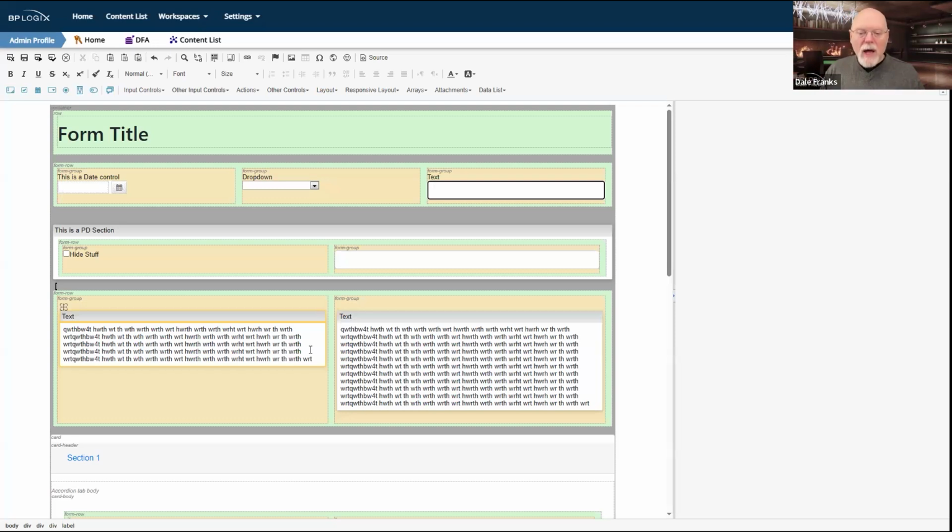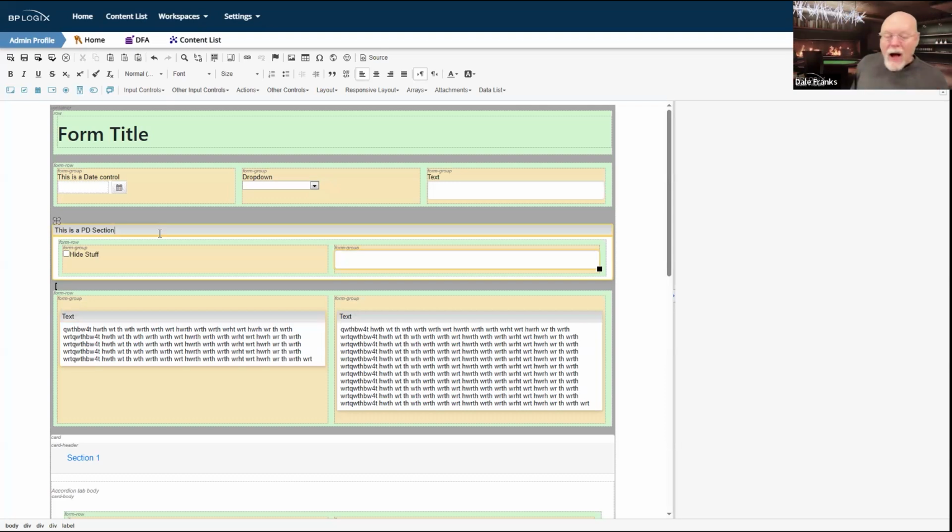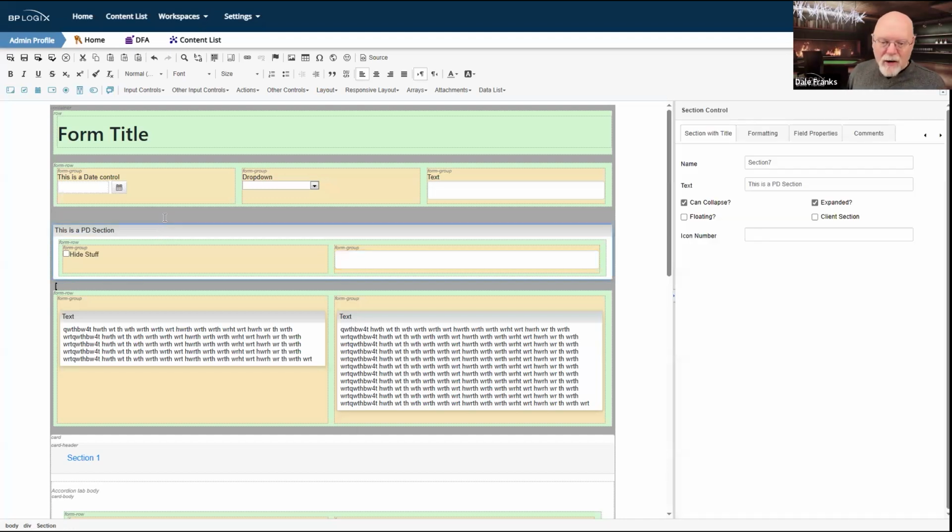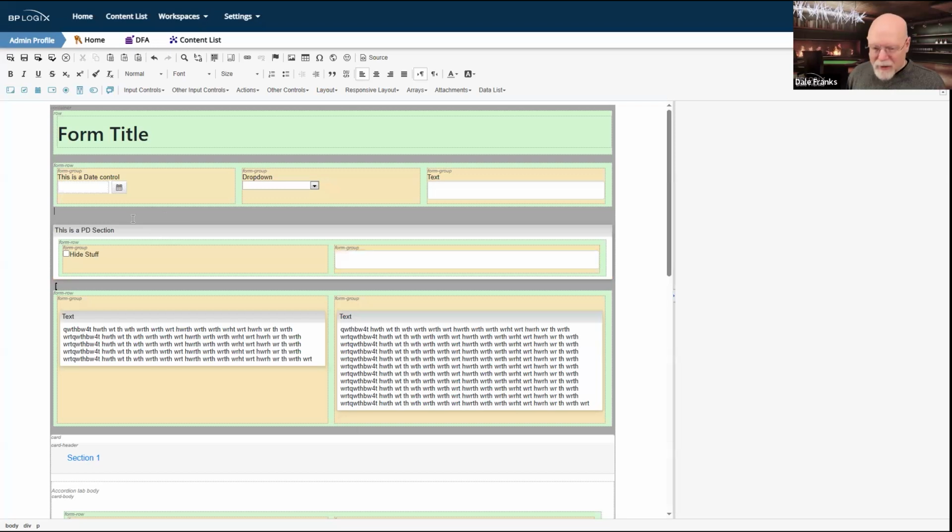Technically, form rows and form groups are their own div controls. Section controls are their own div container controls. So I can actually do things two ways here, which I'm demonstrating on this form. I can just throw a section control, as I've done for this first section, inside the container itself. So this control just exists inside the container with its own rich, independent life, and it gets treated like a